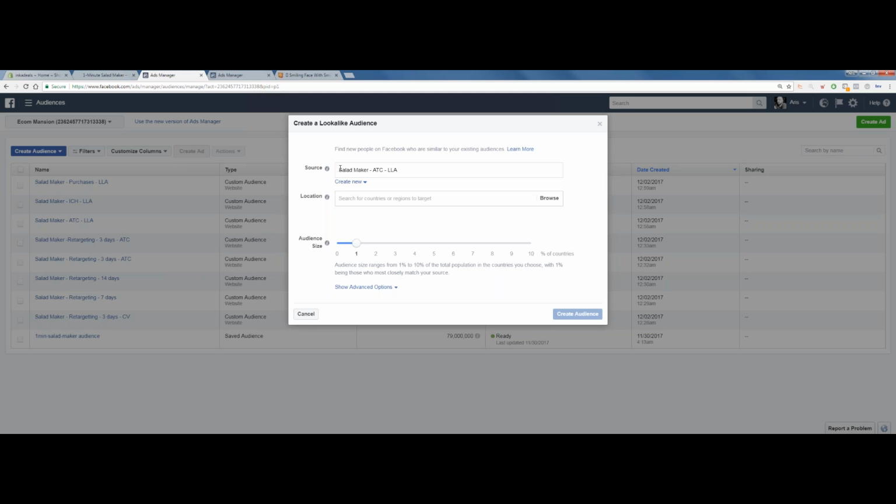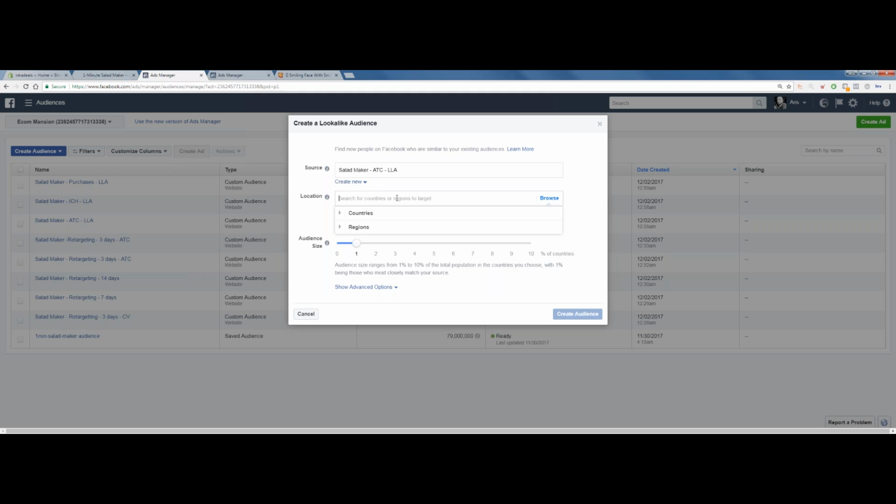So when we create lookalikes, Facebook is going to try and find people that are very, very similar to those people that have purchased on our store. In this case, they're going to try to find people that have similar behaviors to the people that have added to the cart in our store.